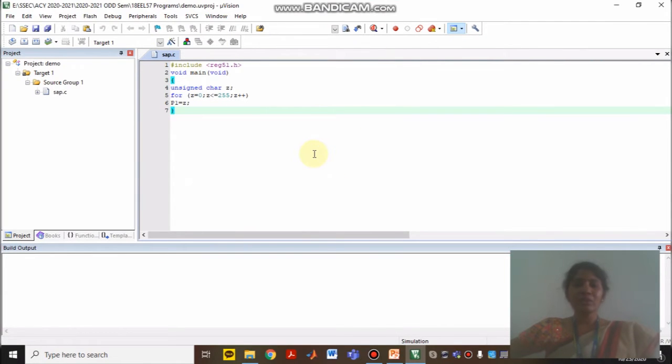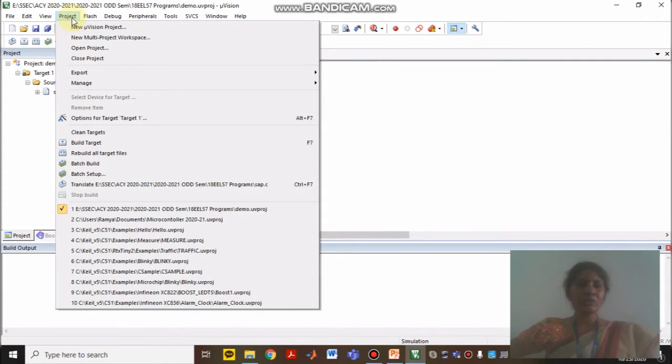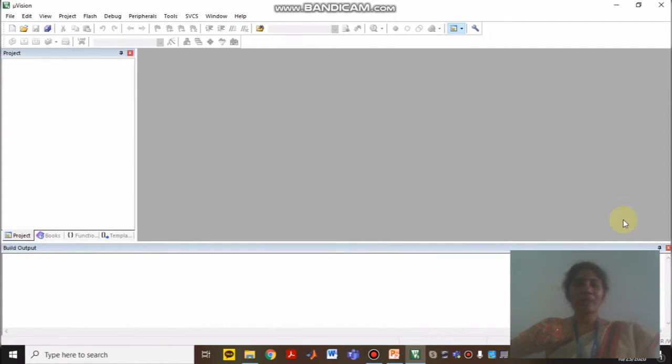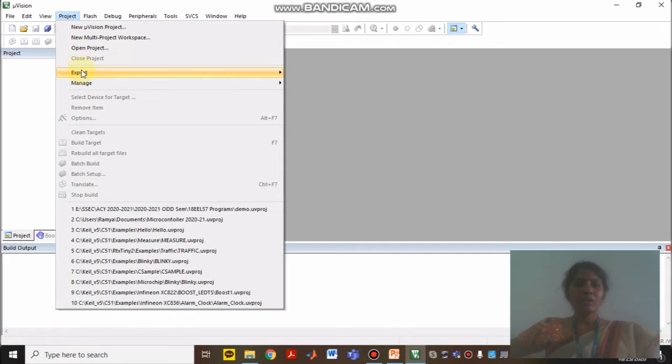But being new, when you start your project as a new one, you have to go to Project. In this Project menu you first need to close. When you close, you will get a plain screen like this, which is the starting stage where you are supposed to start. After this each student should create one project. Go to Project and choose create project.